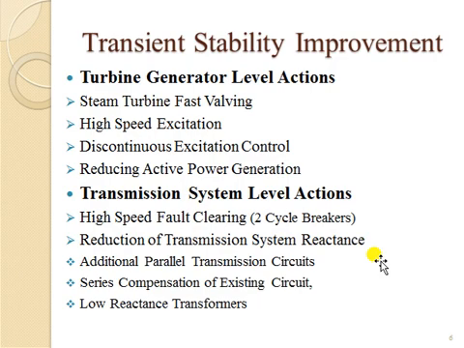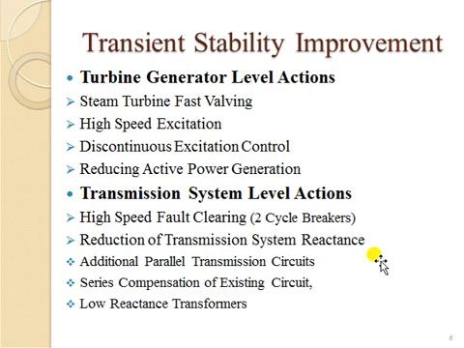You can have a high speed excitation. A type of that is called discontinuous excitation control in some power plants in foreign countries. It is typically called TSEC, transient stability excitation control. So this is a kind of discontinuous control. Whenever a fault occurs, you can temporarily make some modifications in your excitation control, which will improve your transient stability. This is a part of your high speed excitation.